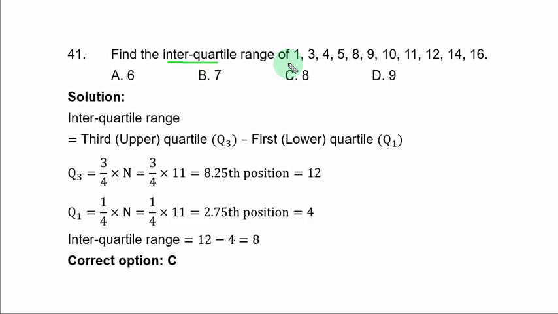We already have ascending order here, so no other rearrangement is needed. Interquartile range is equal to the third quartile or upper quartile denoted by Q3 minus first or lower quartile denoted